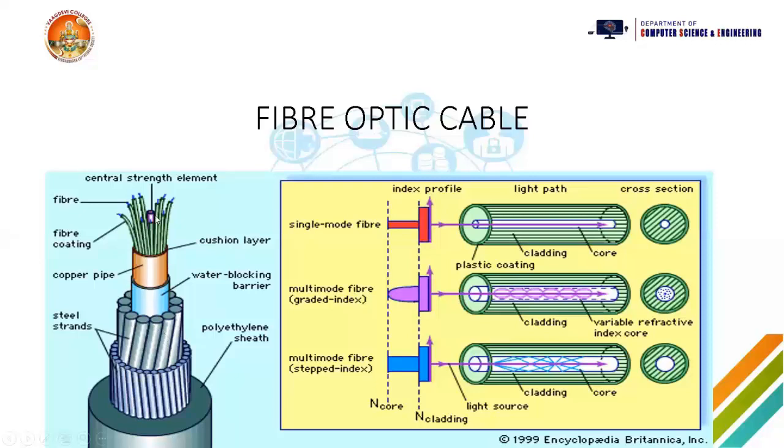As you know, light travels faster. That's the reason with fiber optics, the data travels fast, but the problem is it is very costly because it has so many elements and materials. That's the reason it is very costly when compared to all the three.